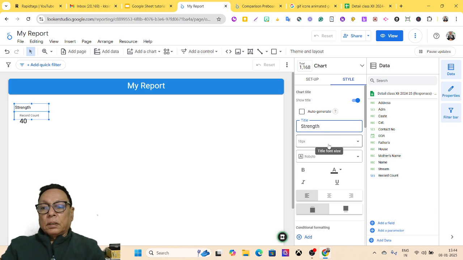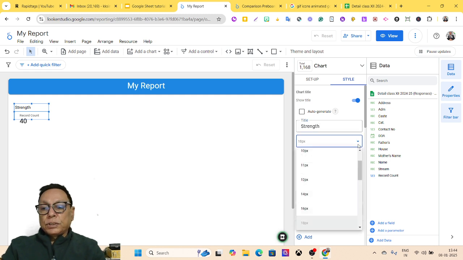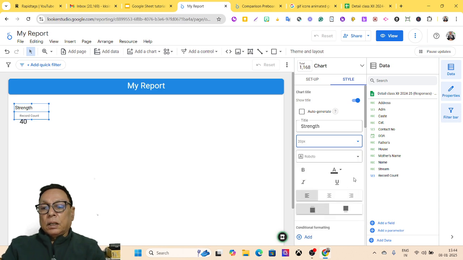Strength, and what should be the size? This is 18, and if you want to change it, you can change this, say 20, and I want to take it as the center line. Then if you want to make it bold, you can bold, and then